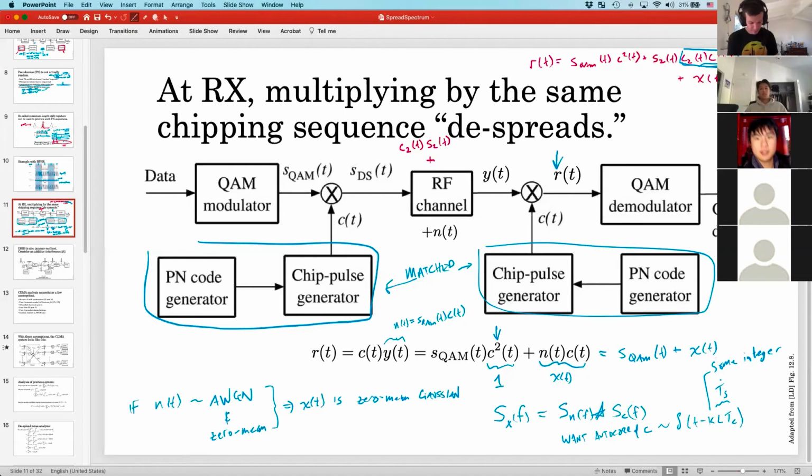And so, I mean, it's not strictly necessary to make this system work, but if you want to analyze your system, it's nice that your spreading code doesn't make the noise not nice. If you follow that line of logic, right? There's a lot of nice properties about additive white Gaussian noise processes, and if you were to disrupt or lose any of those with your chipping process, then it would make the analysis harder. In particular, if you were able to accomplish this, have this nice autocorrelation property in your chipping code, then especially for BPSK,